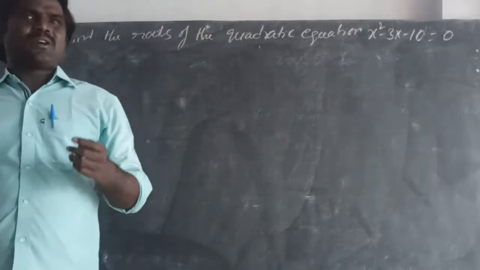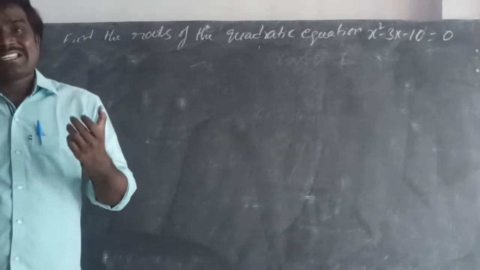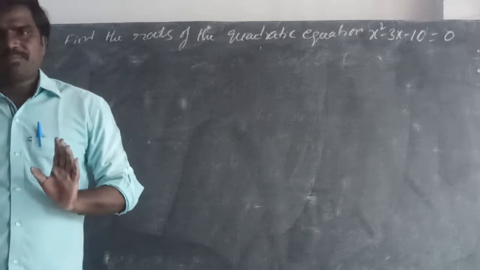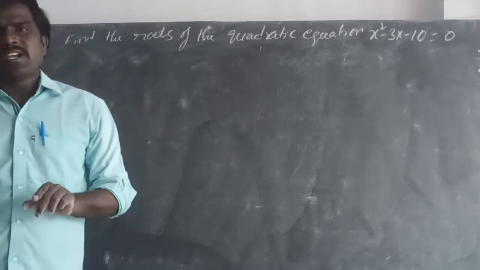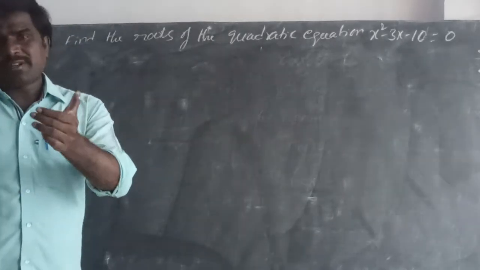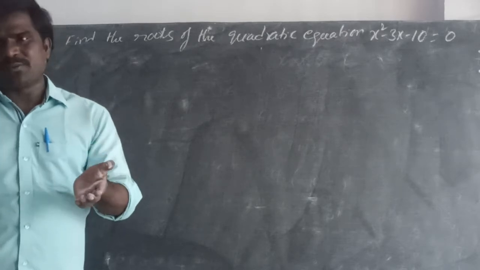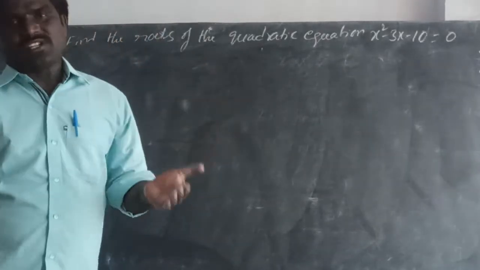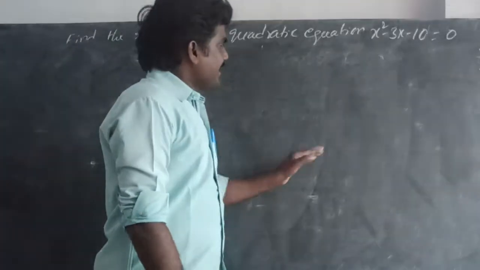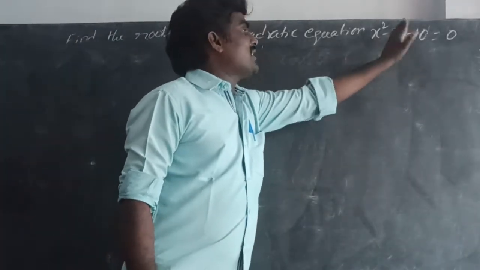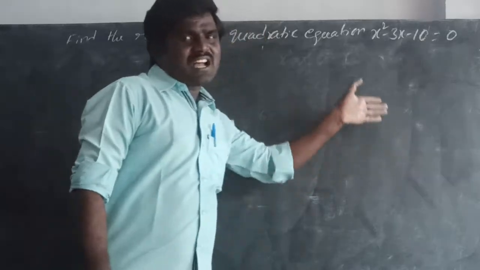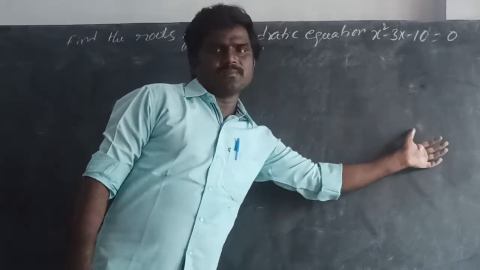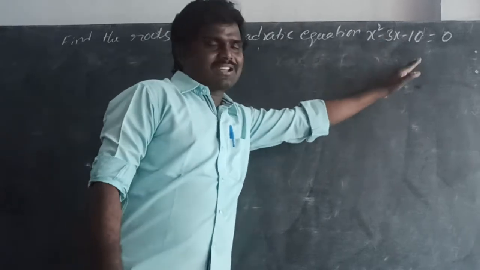Next, a squared minus 2ab plus b squared is a minus b whole squared. We can write it as a minus b into a minus b. Next, a squared minus b squared, how can we write it? a plus b into a minus b. So these three are algebraic identity expressions. Here it is a non-algebraic identity expression. If it is an algebraic identity expression, we can easily find the roots of any quadratic equation. Otherwise you can use the factorization method.